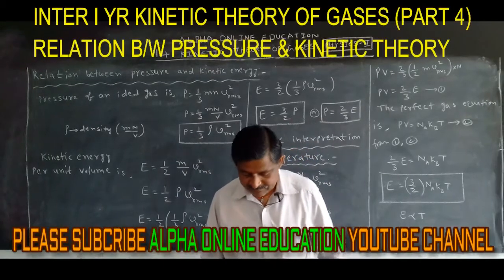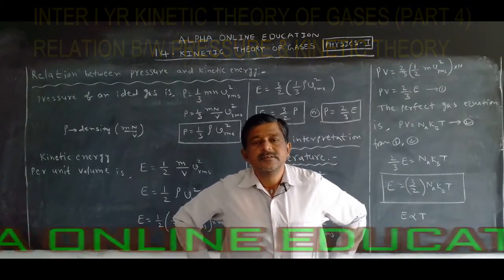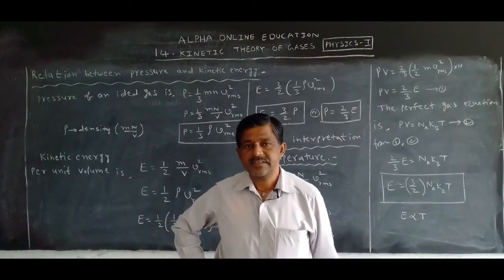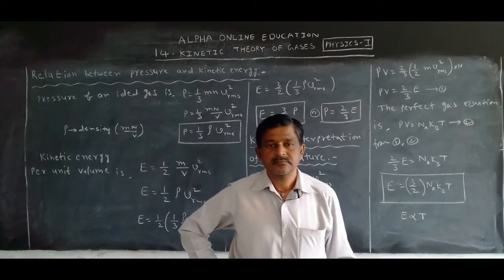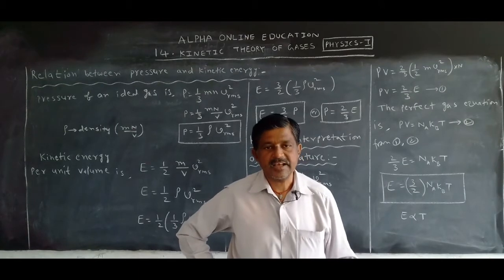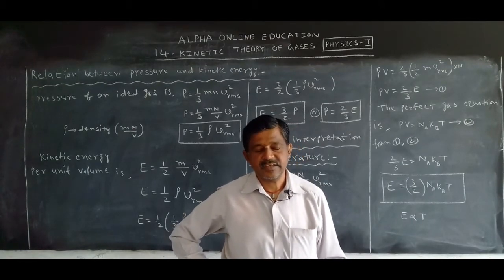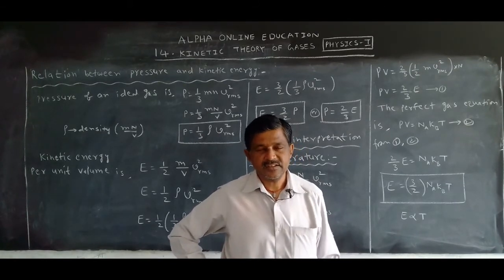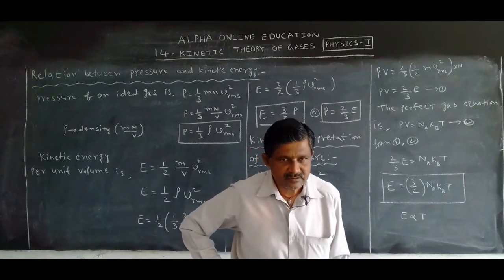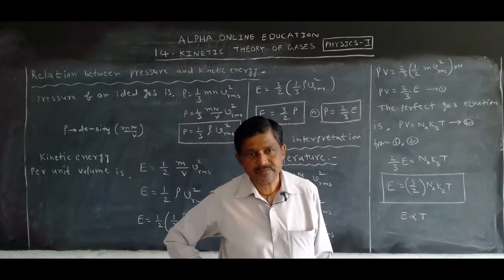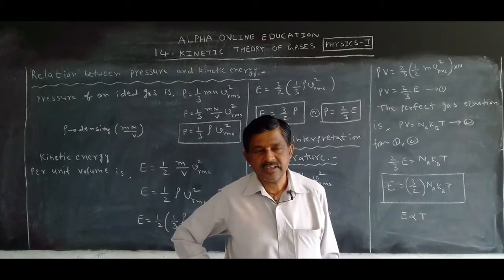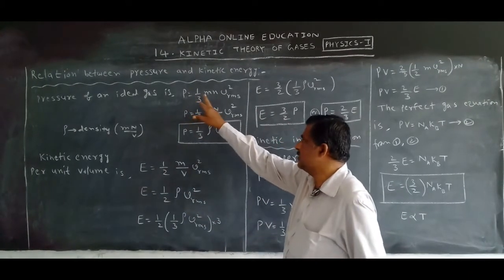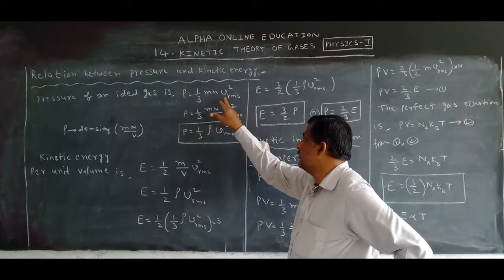The important question in this chapter is the pressure exerted by an ideal gas in a container that has insulating, elastic walls. Now what is the equation we got in the last class? The average pressure acting on the gas molecules in a container with elastic walls is P equal to 1 by 3 mn V RMS square.